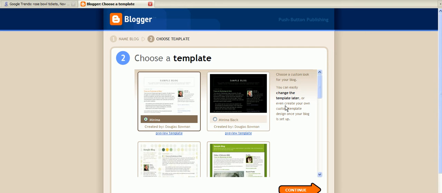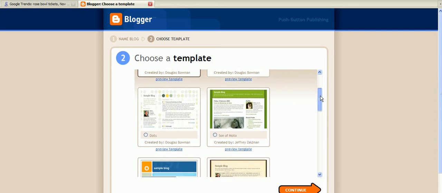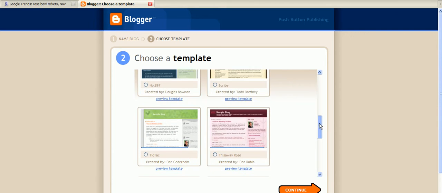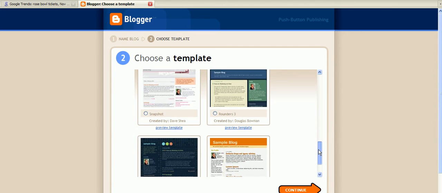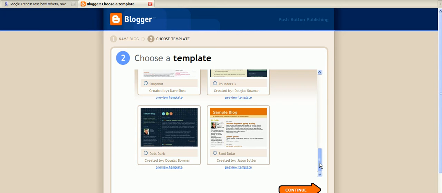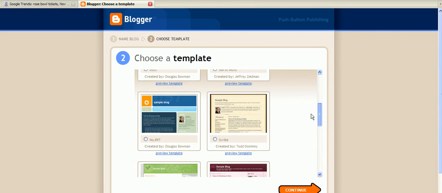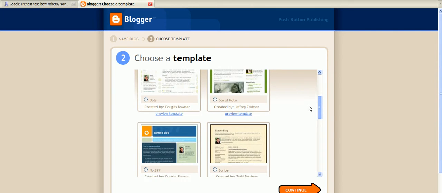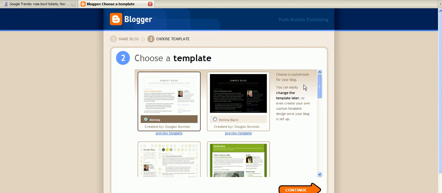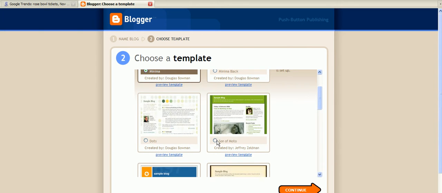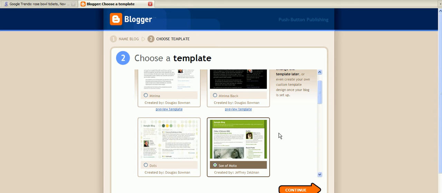And once you click on continue, you now get to a spot where you can actually choose a particular template. So you can go through here and look at the various templates if you want, and we can just choose one here just for this example. There are several to pick from, and so let's see here. I'm gonna go with, let's see, this green one looks pretty good, so let's go ahead and just pick that,